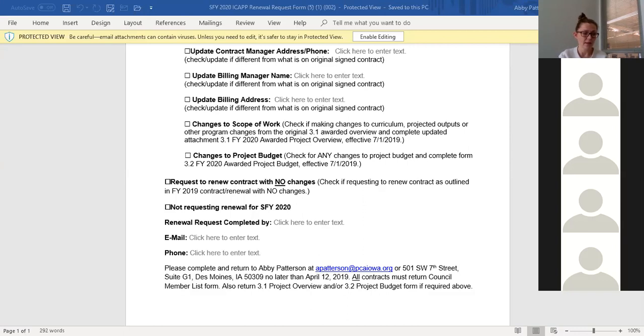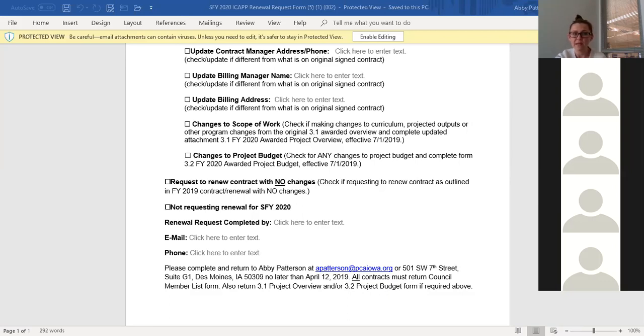So with returning, if you do have changes, we have an attachment 3.1 or an attachment 3.2. The 3.1, I will pull that up as well. Here we go.